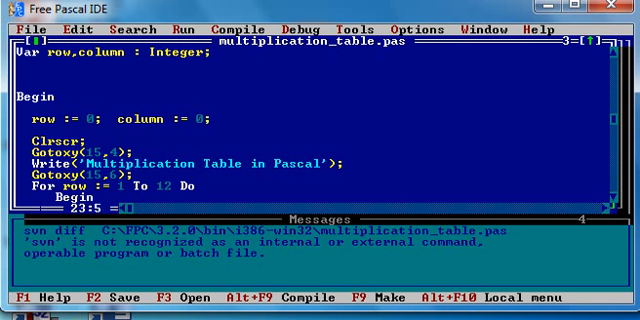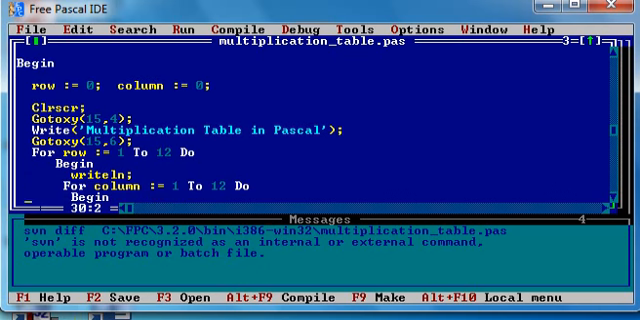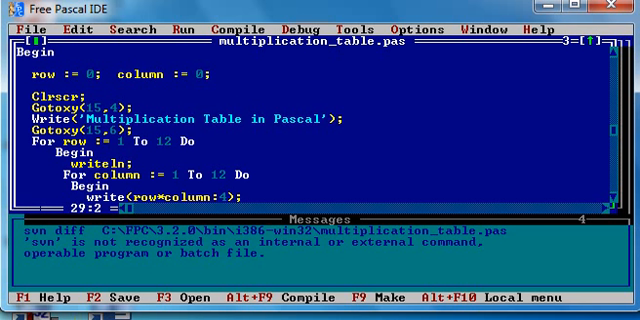GotoXY, column 15, row 4, write 'Multiplication Table in Pascal', semicolon. GotoXY 15, row 6, for row := 1 to 12 do. So I'm using a nested loop. I want to create a matrix that has a dimension of 12 rows and 12 columns. So begin, writeln, for column